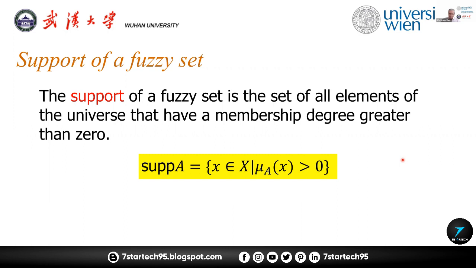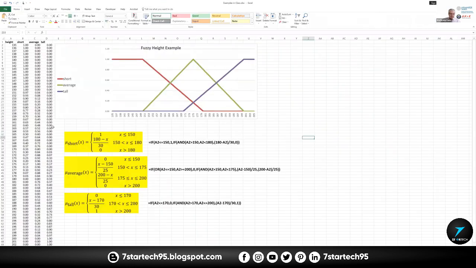So when we would, for example, jump back to our Excel that we just looked at, and we would say, what is the support, for example, for the fuzzy set short? So it would be all those elements of the universe that have a membership degree greater than 0 to our class short. So you can see it would be, if we look at short and at the membership values,